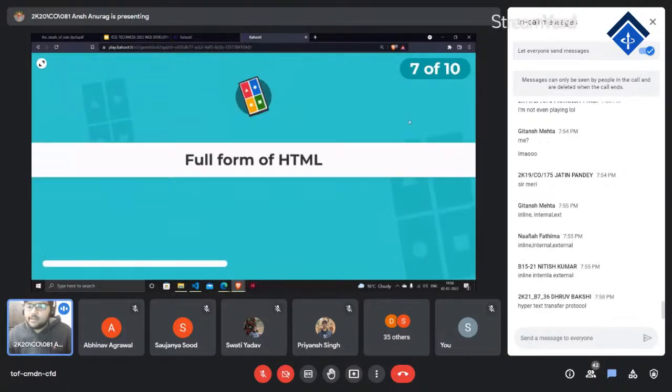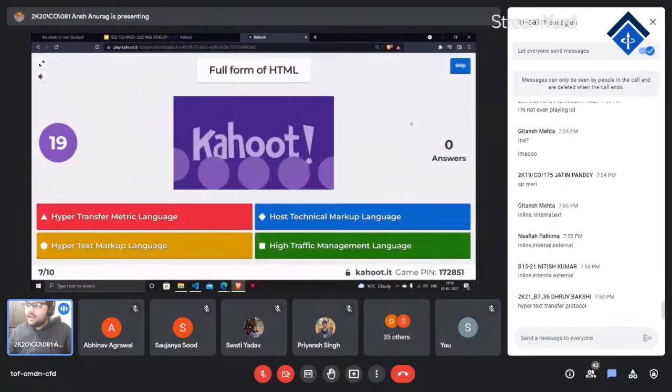Let's see if someone can beat him. Full form of HTML. भाई बहुत आसान क्वेश्चन है, मैंने आसान कहकर डाला ये। You guys have to do it like correct. सबका correct होना चाहिए।